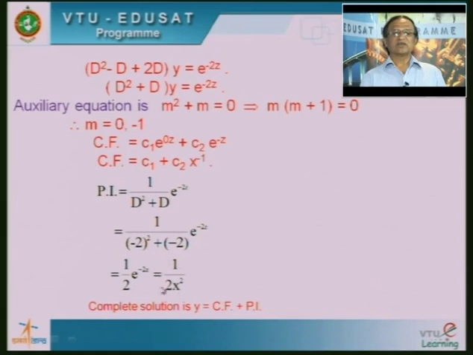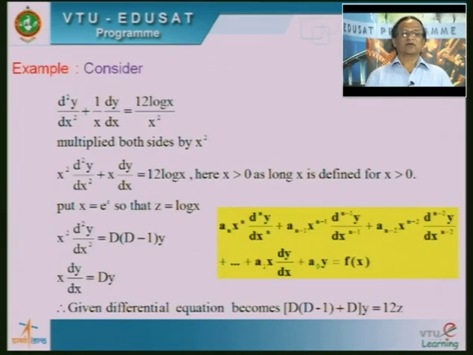So, this is the particular integral of the Cauchy-Euler equation, and the general solution of the given Cauchy-Euler equation is complementary function plus particular integral. Okay. Friends, I think I have solved 2 different examples. One is a non-homogeneous Cauchy-Euler equation, and another equation was earlier not in Cauchy-Euler form, then we converted it into a Cauchy-Euler form, and then we are able to find the solution of such types of equations.